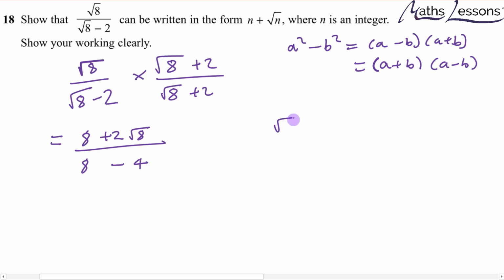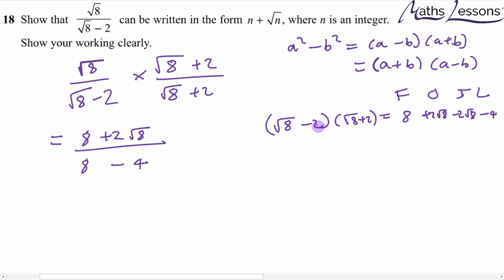And I'll just demonstrate that it does come to that by doing the old FOIL trick. So first, outer, inner, last two things. First two things gives me 8. Outer two things, 2 root 8. Inner two things, minus 2 root 8. And last two things, minus 4 when you multiply them out. And you can see these two will cancel to leave me 8 minus 4. So on the bottom we've got 4. So if we simplify this, we get 8 divided by 4 is 2, and we divide this